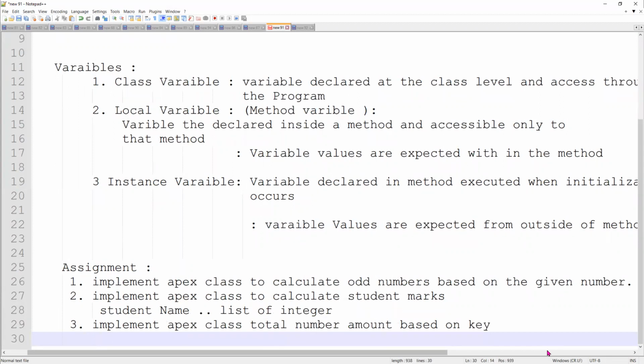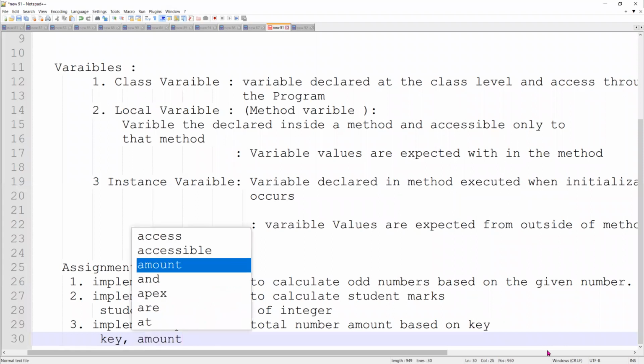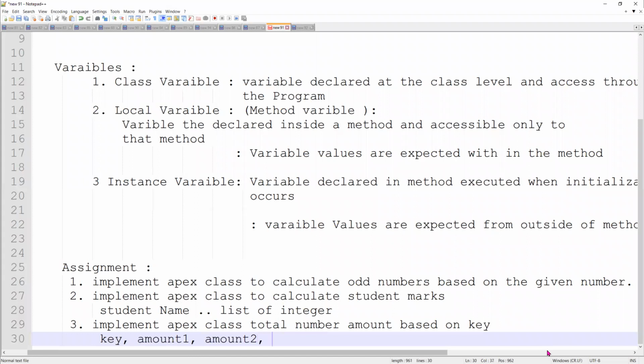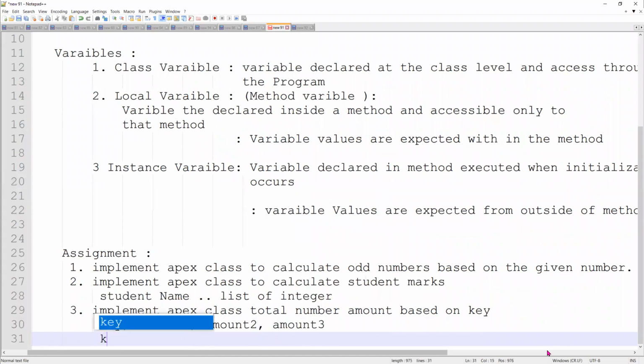So in this class, you take 3 parameters. One is the key. If key is a variable, key is greater than 100, then you have to calculate. First of all, you need to expect the 3 parameters: key, amount 1, amount 2, amount 3. If key is greater than 100,